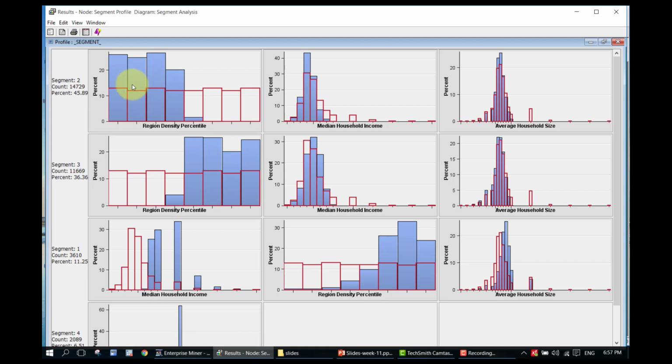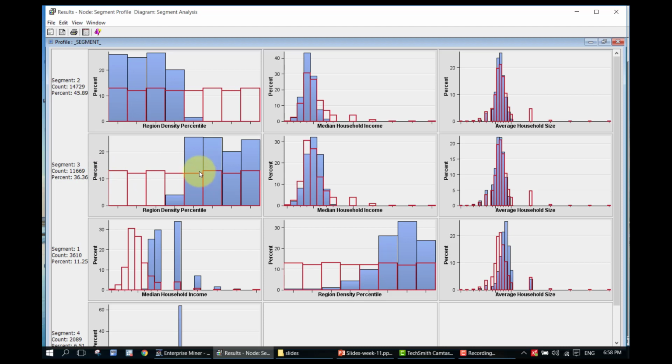The bars exceed the overall sample by double for this segment, for the lower areas of the population density percentile. That means segment 2 consists of those regions that are far less populated than, let's say, segment 3 and segment 1. Segment 3, on the other hand,